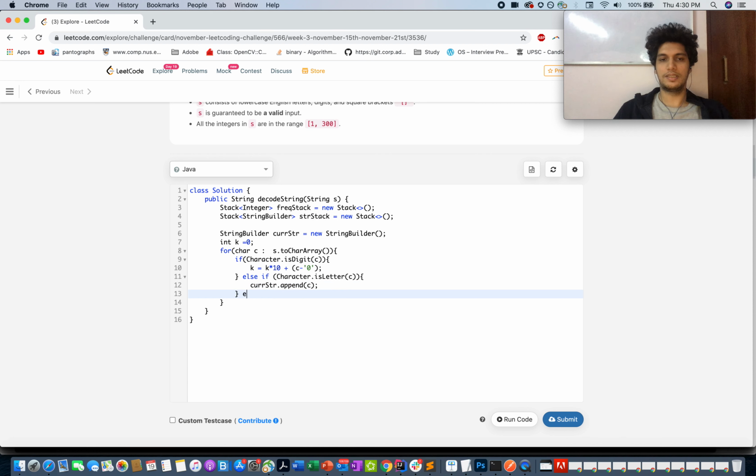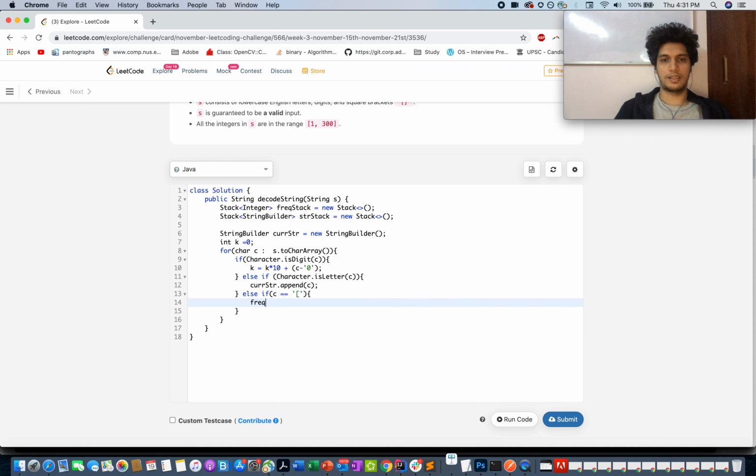So you appended this, and again now you check if c equals the opening square bracket. What you're going to do is push the current string into the string builder stack, and the frequency calculated so far into the frequency stack.